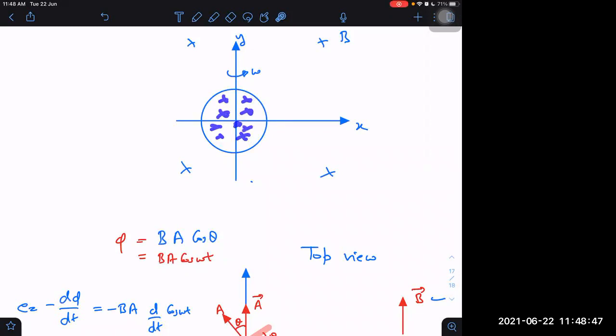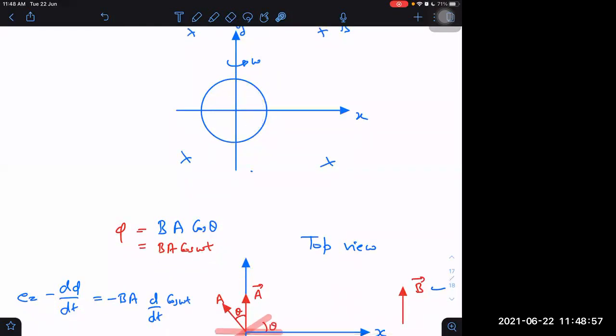Can it create its own magnetic field lines into the plane, increasing the crosses? By sending the current in which direction? Clockwise. By sending the current in clockwise direction. As seen from which side? As seen from the positive z-axis. Clockwise and anti-clockwise is also a vague term, you know that, right? If I look from the negative z-axis, then it will be opposite. Looking from the positive side of the z-axis, it is clockwise.